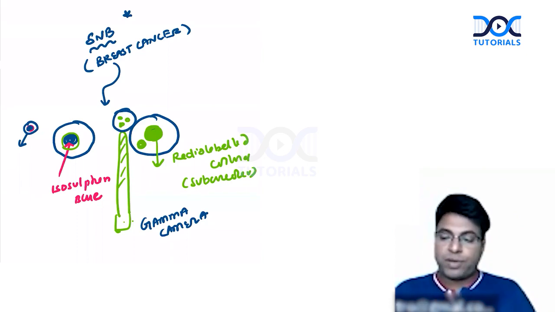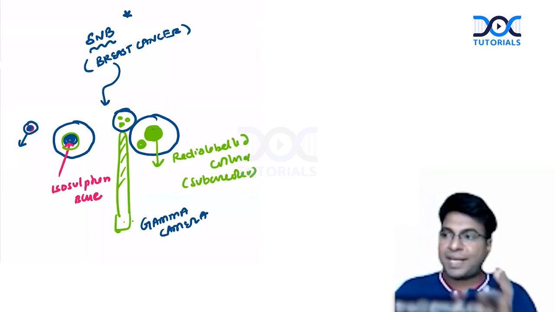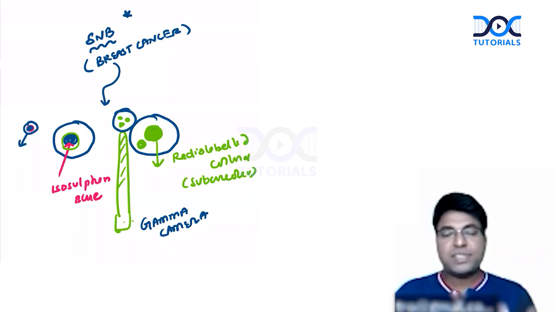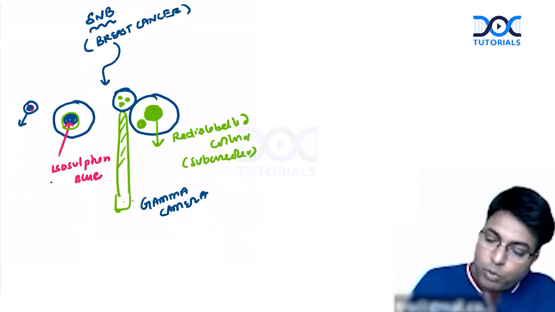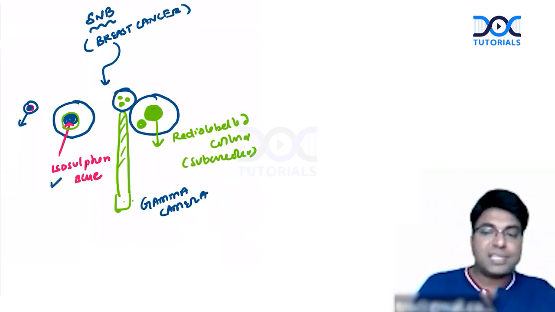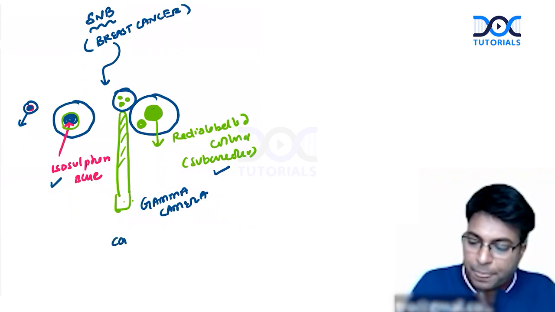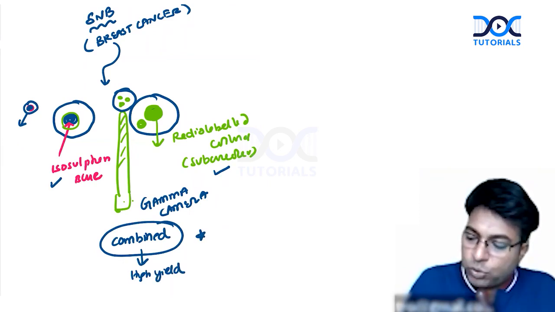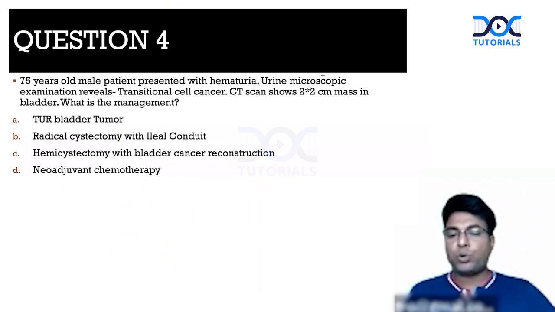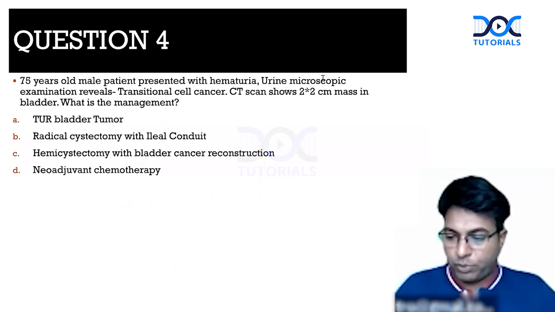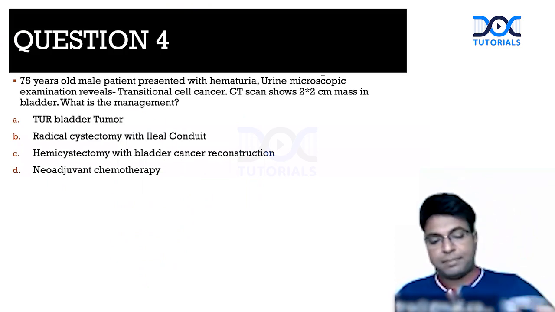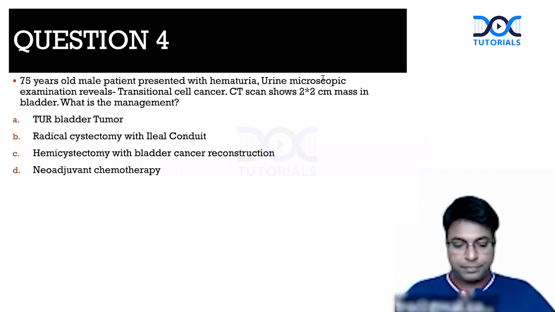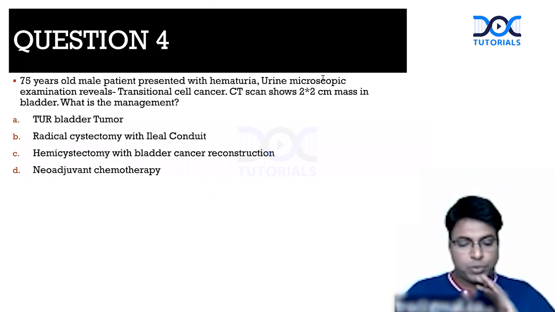So gamma camera, don't forget, using a gamma camera, we pick up the metastatic nodes and send them for frozen section. Which is the best method? Isosulfan blue is the best method, or radio-labeled colloid is the best method, or a combined method is best? Naturally, the combined method has high yield. So the combined method is the best to catch node positivity. Okay, so please don't forget this question. It's a high yield MCQ from breast. I'm telling you, they distributed the questions from each and every chapter. They have taken one question.